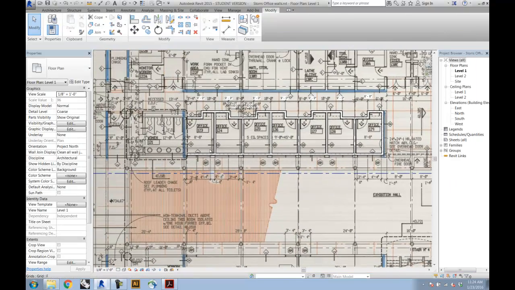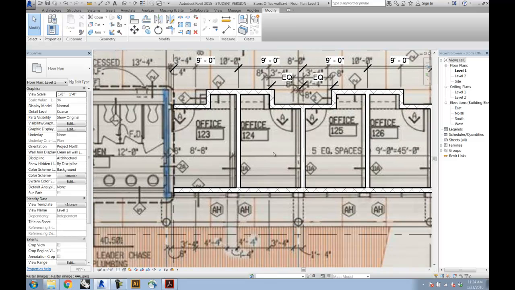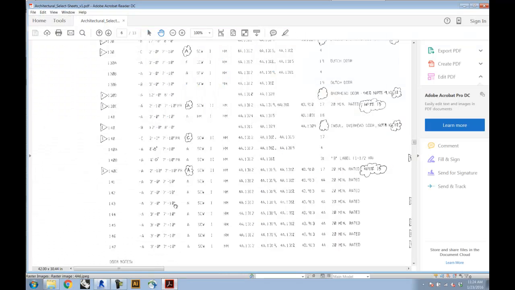And what you can see here is, again, if I look at Office 123, say, sorry,